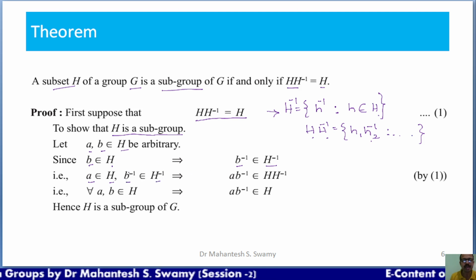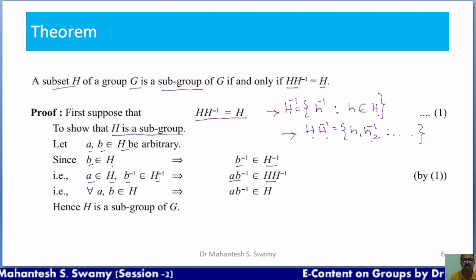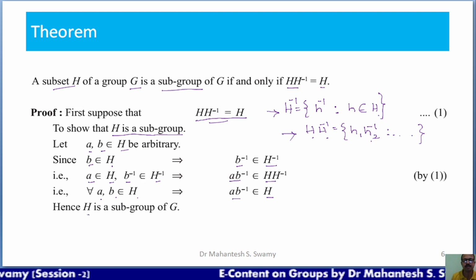So what we are having is a b inverse. It is a product, so it must be in the product set H H inverse as per this definition which I have given just now. Now H H inverse is equal to H as per equation number 1. So replace H H inverse by H on the right hand side, with the left hand side a b inverse kept as it is. So what we have proved is that for any two elements a, b belonging to H, a b inverse belongs to H. Therefore, as per theorem number 1, H is a subgroup of G. So the first part is very easily proved. Conversely,